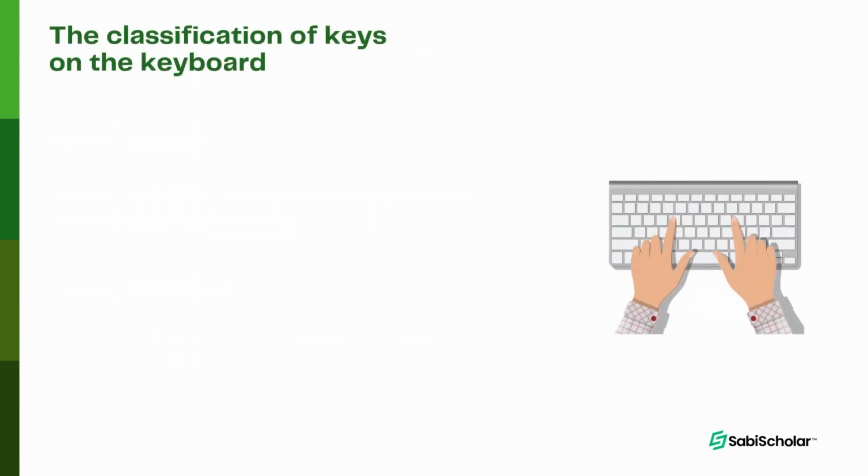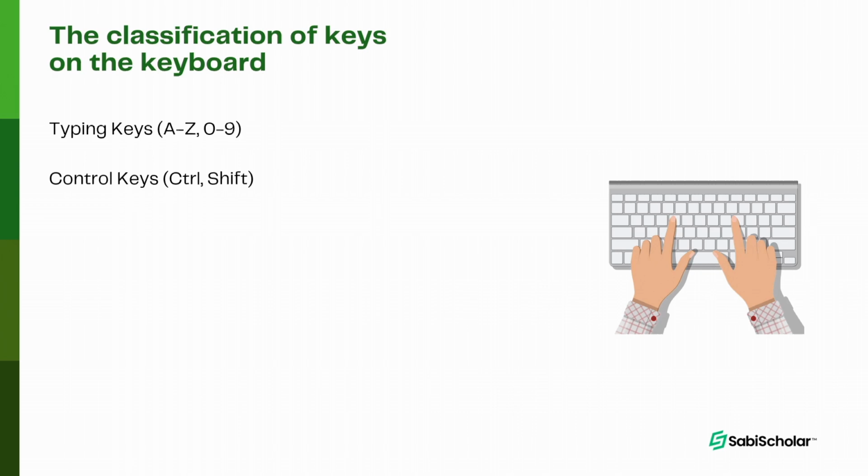Okay, so we'll look at the classification of the keys on the keyboard. We have typing keys, A to Z and 0 to 9, which you can use for typing alphabetical things and also numerical things, between 0 and 9. The control keys, which we can also call special keys, but in this case, they are called the control keys, which are Ctrl and Shift. We use them for certain functions. Let's say you want to capitalize a particular alphabet without using caps lock, you can use Shift to